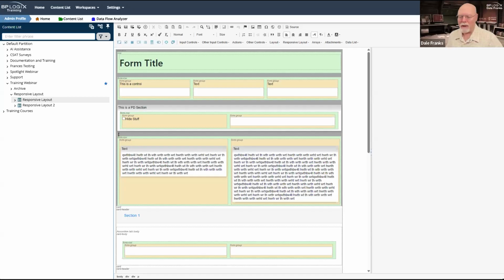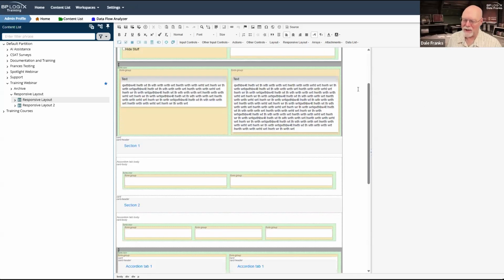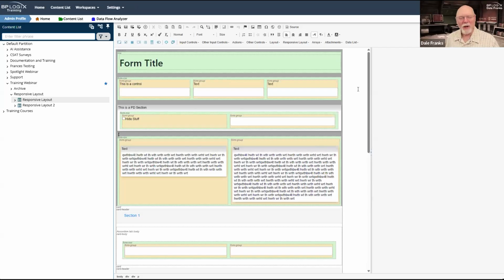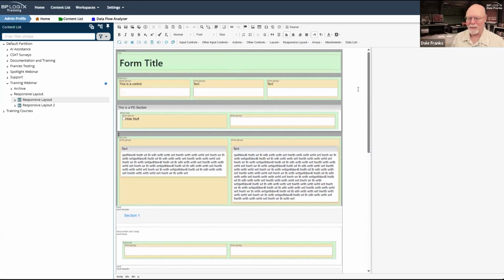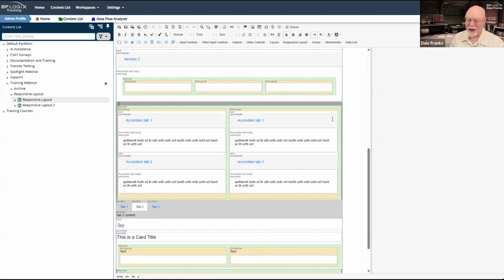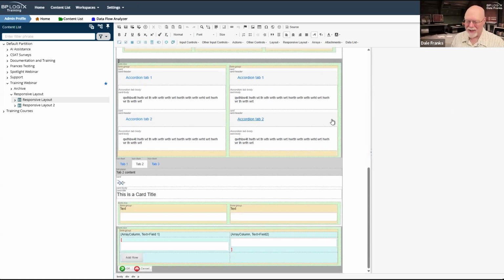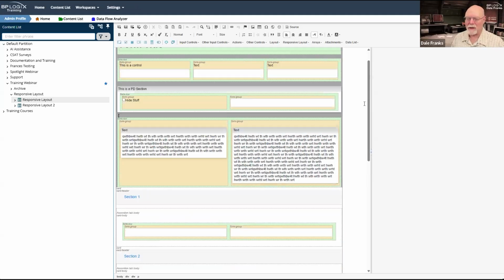So let's start off by just taking a look at a form that uses these controls. If I can figure out how to share my screen, I will show it to you. This is a form that was developed using the responsive layout controls. I will use the term developed very liberally here because basically I slapped a whole bunch of different stuff onto this page. It's quite colorful and even attractive, I guess, in a certain sort of way with the nice color combinations that are used here.